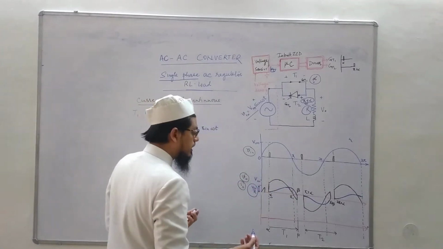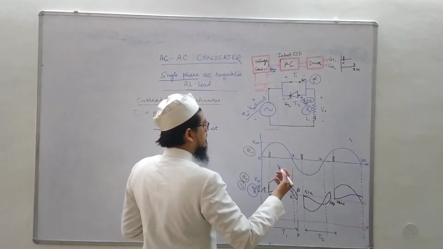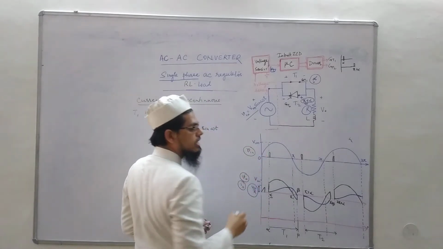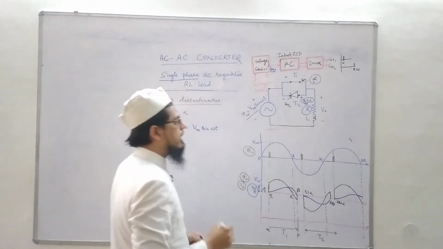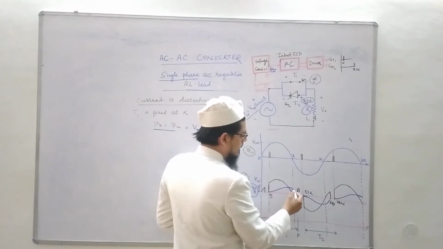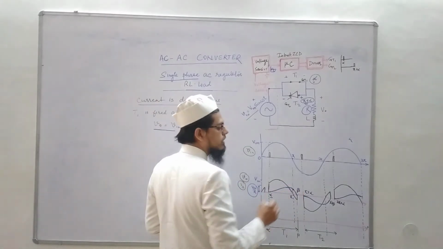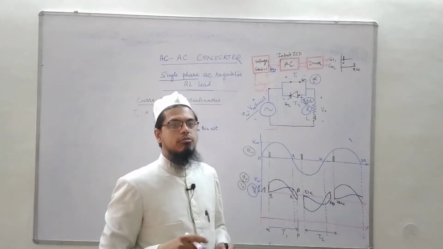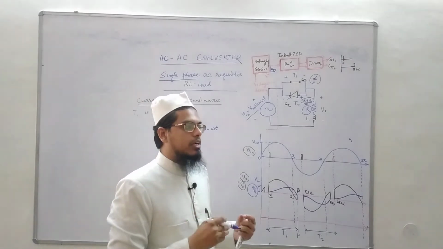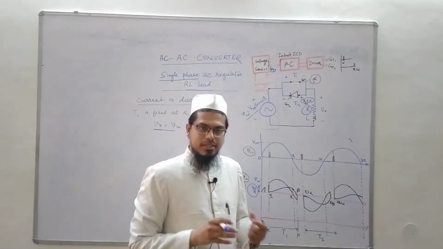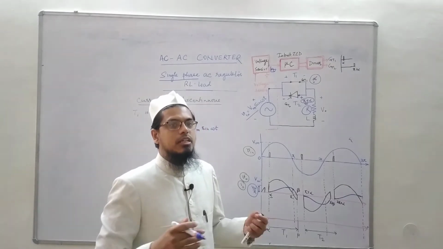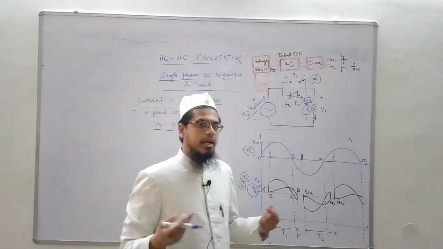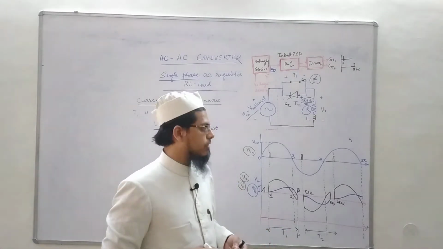What will happen after pi? Now the voltage across the load reverses at omega t equals pi. But the current at omega t equals pi hasn't fallen to 0 yet, and we know that there are two conditions for SCR to turn off. One is that the voltage appearing across it should reverse bias it, and the second condition is that the current flowing through it should cease to flow in ideal case, and in real case it should fall below the holding current value.